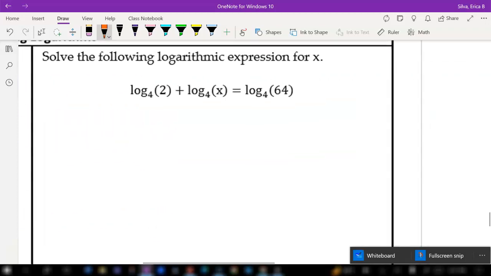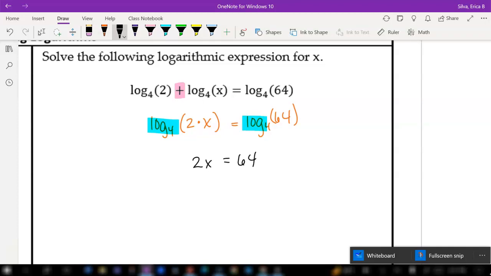On to the next one, same thing. Here we're multiplying because the logs are being added. So we've got log base 4 of 2 times x is equal to log base 4 of 64. Because my log and bases are the same, then we can say that 2x is equal to 64, divided by 2, and we get